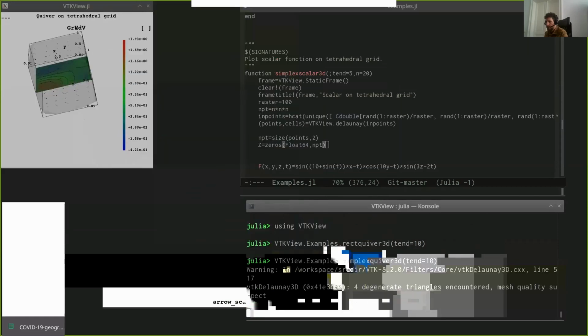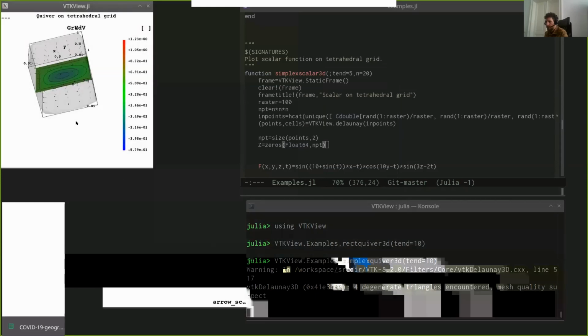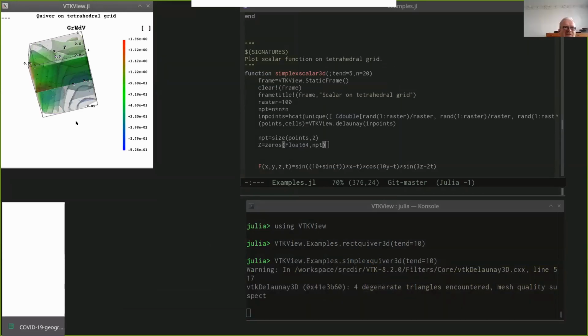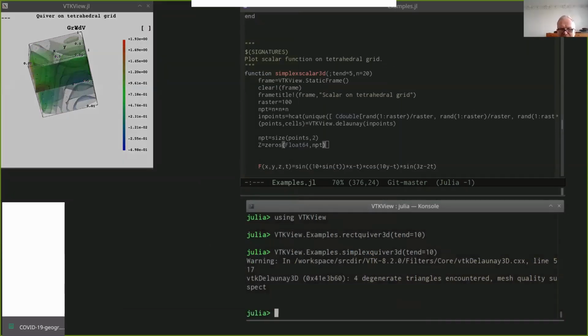Same stuff for the simplex grid, which is considerably slower because of the complexity of this rendering on the simplex grid. And I also have this